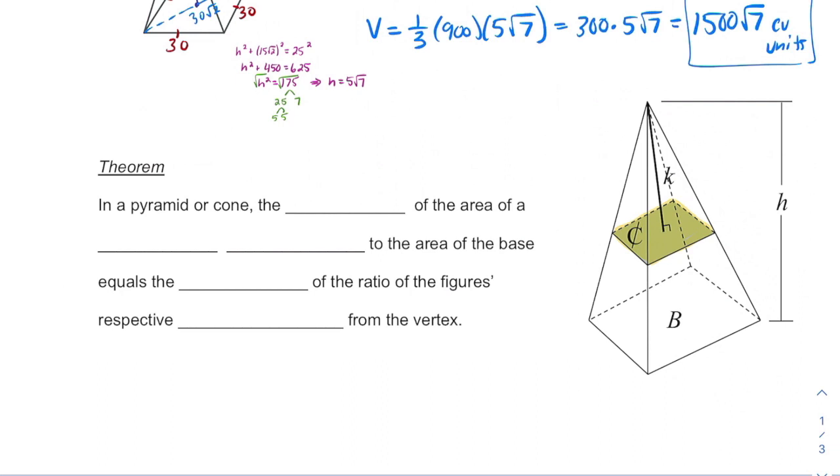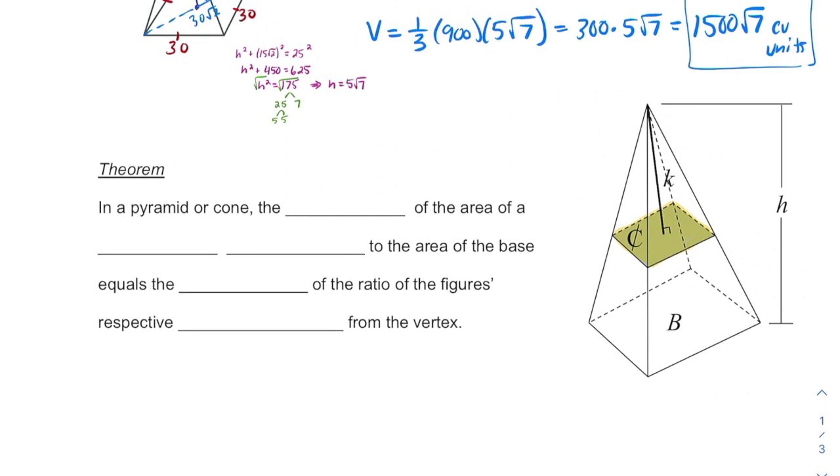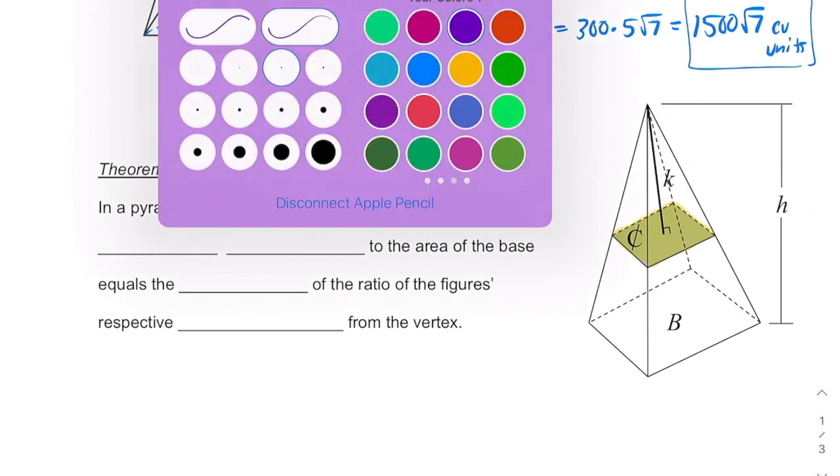In this case, our base is a rectangle, so the cross section further up along the height is going to be another rectangle, just smaller, and it ends up creating another pyramid with a smaller height connected to that smaller base. So now, going into our theorem, in a pyramid or a cone, we're going to work with some ratios now. So the ratio